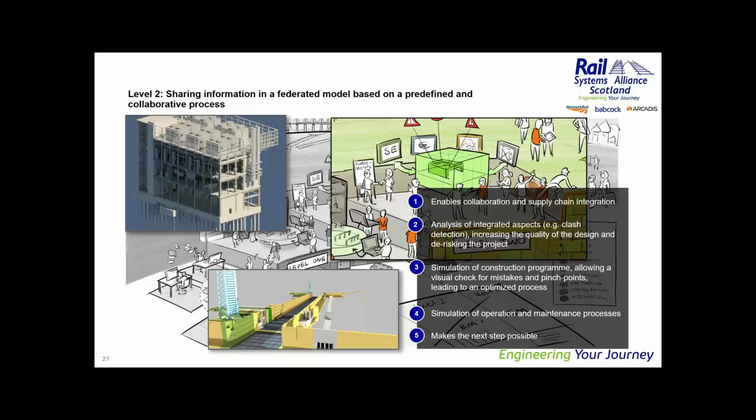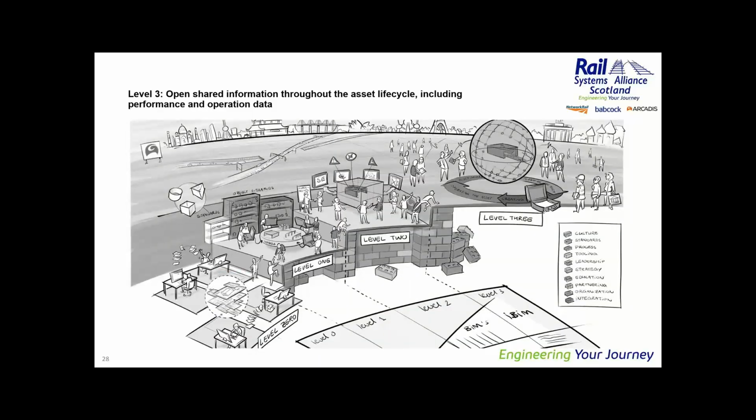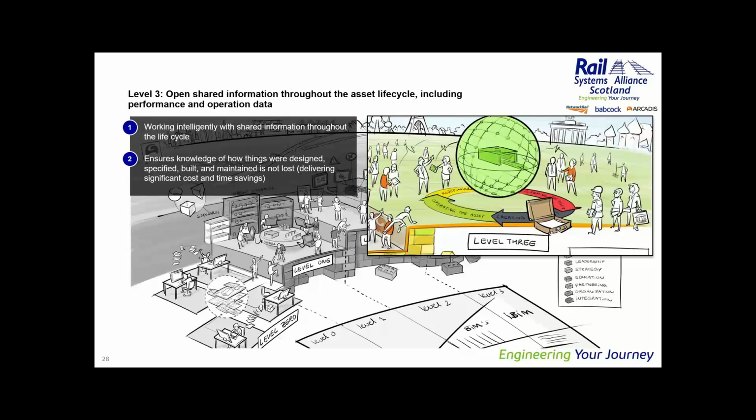The aspiration for BIM Level 3 was to work intelligently in a sort of open web-based environment where we can access information rapidly, and we can share information, and we can extract the best data from our information models, and we can hand over digital information models as well. It also was to ensure that the knowledge of how things were designed could be carried over to the asset maintainer, and they can reuse that information through the maintenance of the asset.